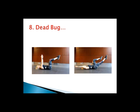Knees bent, stacked over the hips, arms extended directly above the shoulder. Chin is retracted, abs are drawn in, low back is in neutral. That means a slight small space or lumbar curve respected. A little balloon here or rolled up hand towel is a perfect tool to help people be aware, especially as